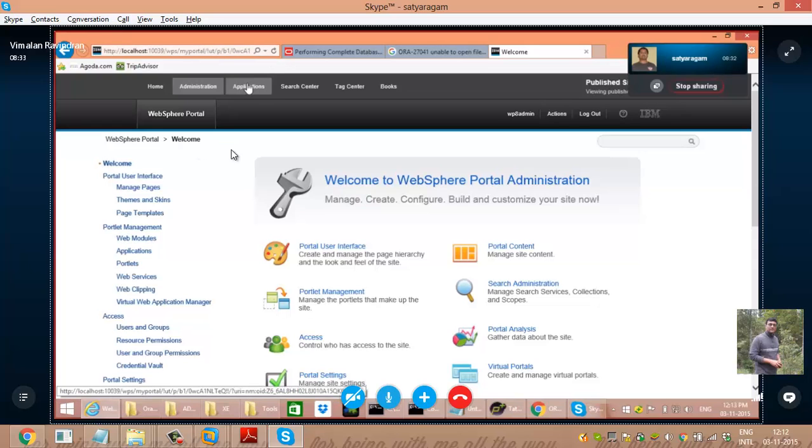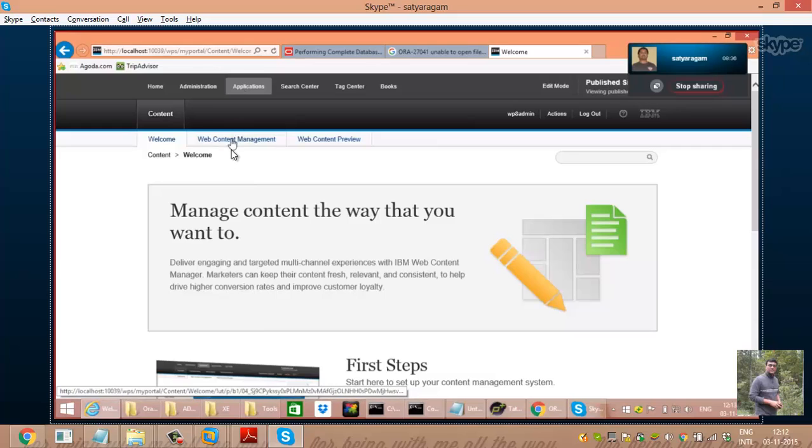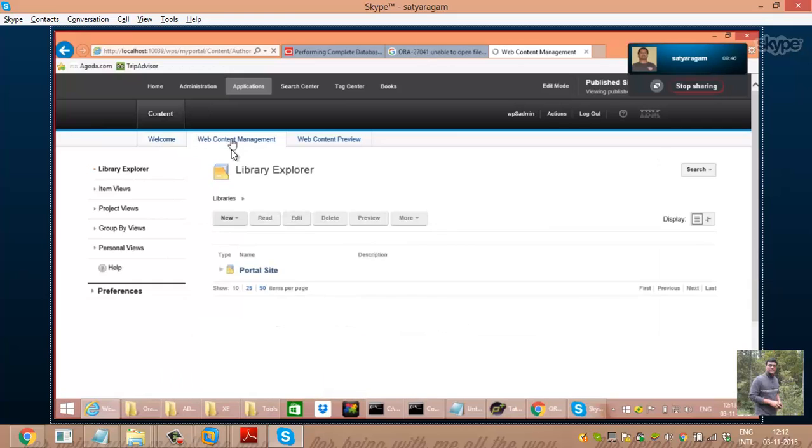Yeah, Vimlan. So let's go to the applications. So this itself indicates that the content management is enabled in the portal, Vimlan. So let's talk a few things about content management, which we need as a portal administrator. So we need a few concepts of it. So by default,